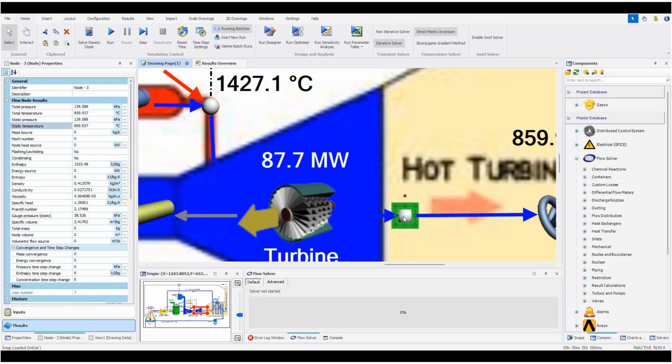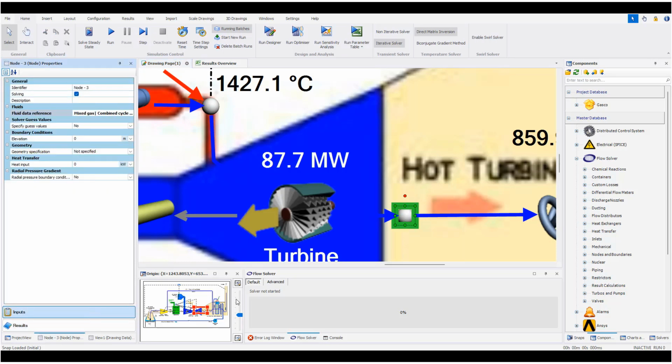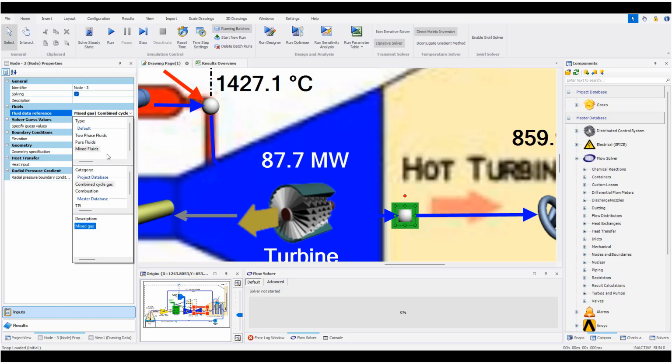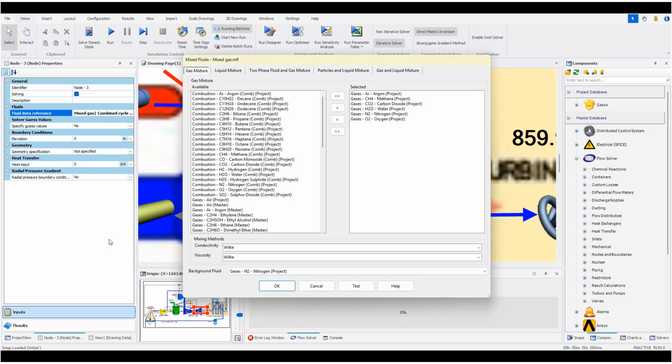And if you look at the pipeline, you can see that here this is mixed fluid, because it is a product of the combustion, the mixing of the air and the fuel. The fuel here is the natural gas. So let's see what is the combination of that. So in